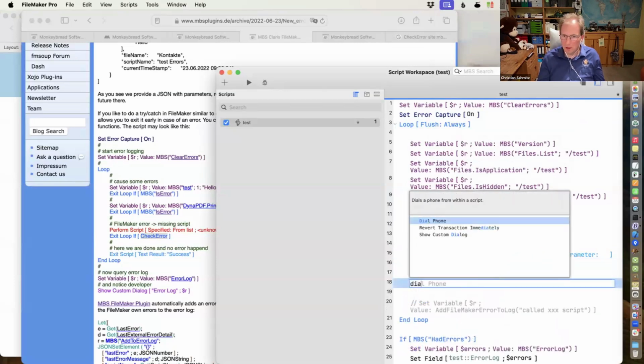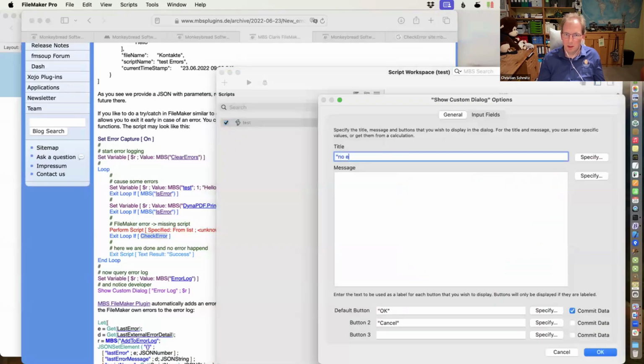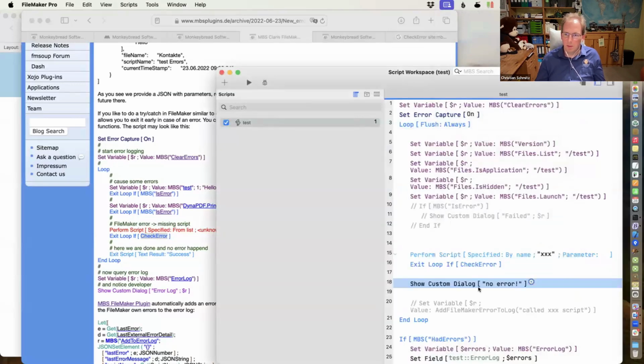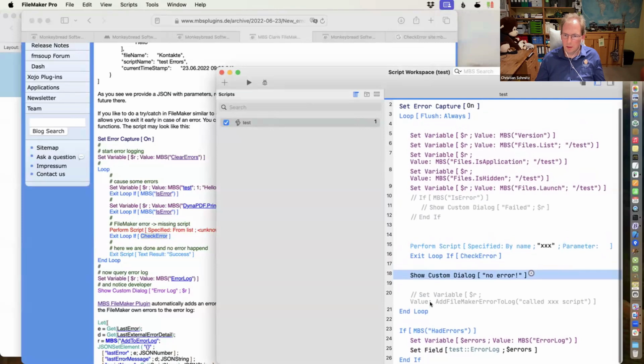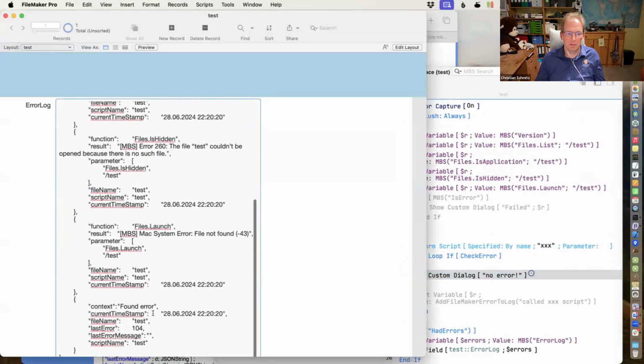So here is where you would continue if there's no error, but if there's an error, it would do the check error and then jump down here. Let's try it and see if something happens. Yeah, we see the entry here for found error.